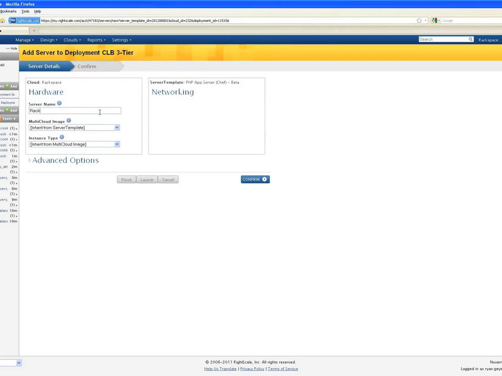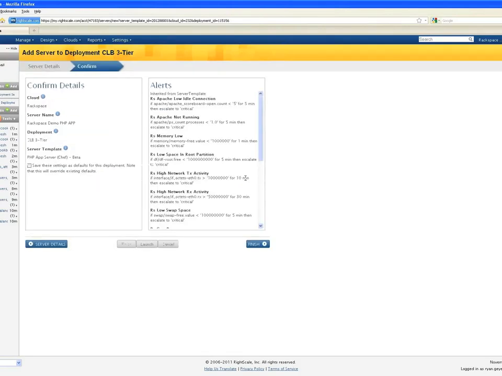So we're going to give this a name. And then we have some options here of which underlying operating system we're going to use for this server. These are the two that are supported, CentOS 5.6 and Ubuntu 10.04, as we mentioned before. If you don't pick one, there's a default for the server template, which is the CentOS image. So we're going to select that. And then you select the size of the Rackspace Cloud server that you're going to launch. You have the various options here. We're just going to select the 256 and then click into the next page, which is a